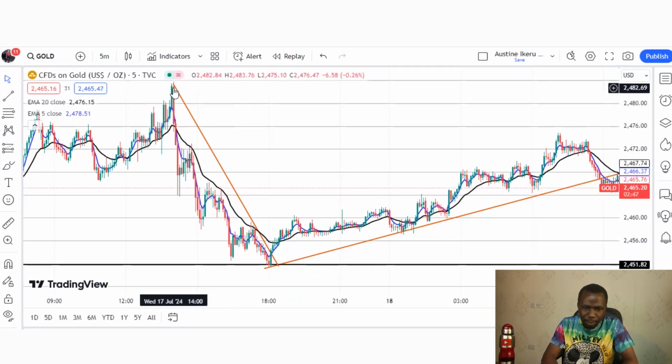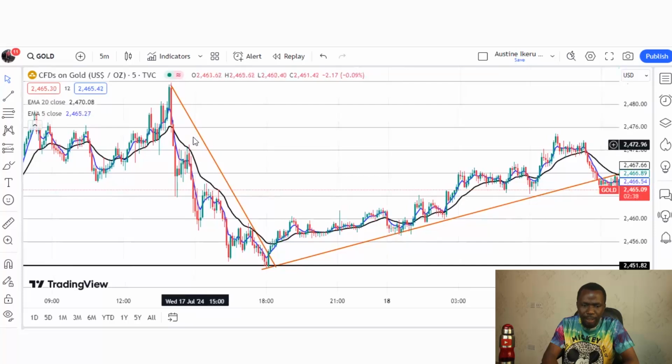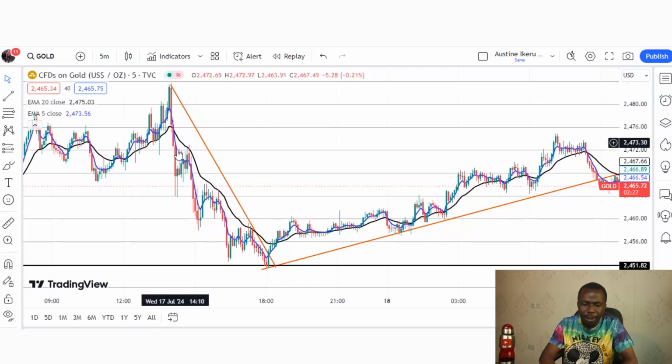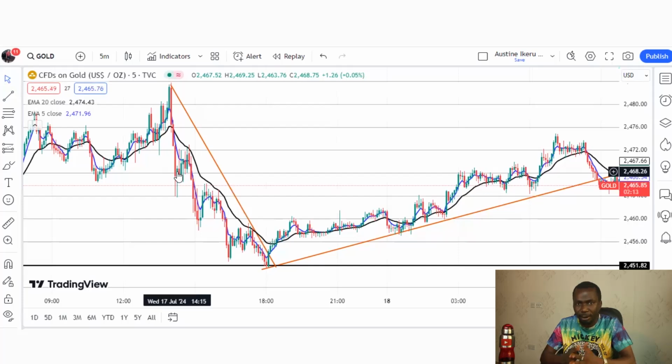So from here, through the help of the trend line, we can clearly see that the market is in a downtrend. Now that the market is in a downtrend, you can see that the trend line is far away from the price. So at this point, we will be making use of the 20 moving average as our area of value, which is our resistance level. Because if we say let's wait, it will take time. Let me not say impossible, because definitely the price can come and retest the trend line, but it will take time. But you know that scalpers have a problem with time, right?